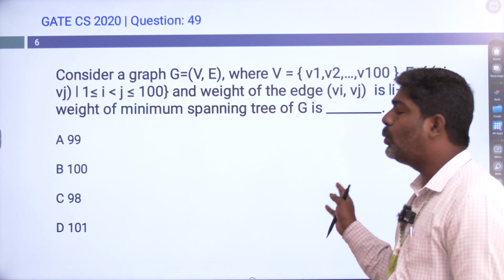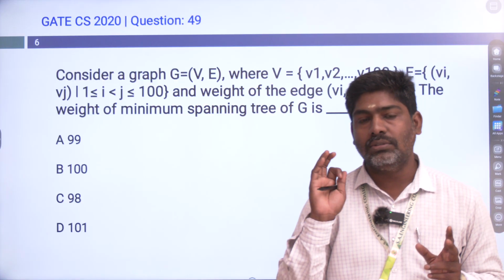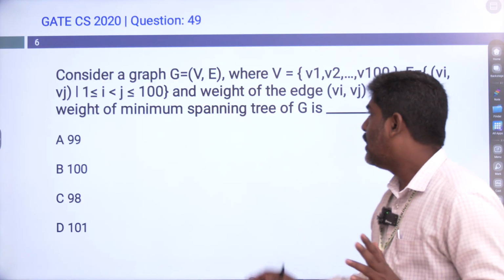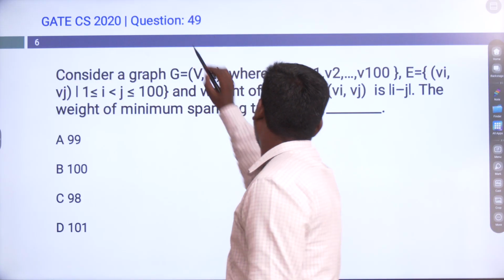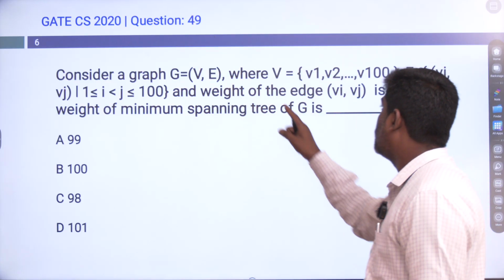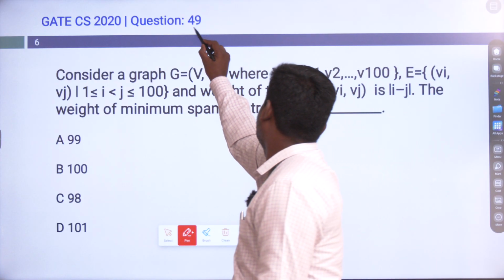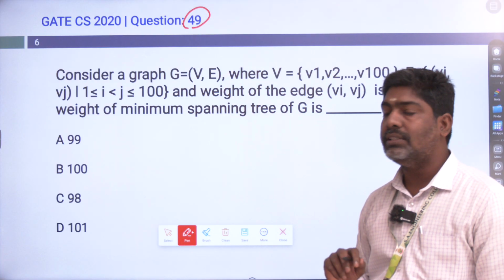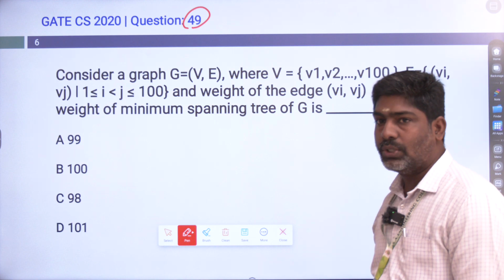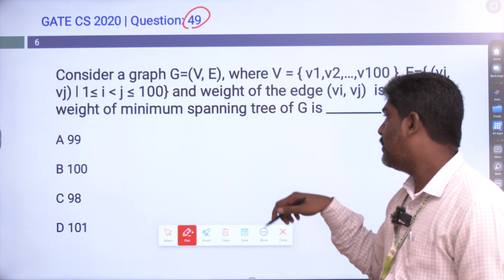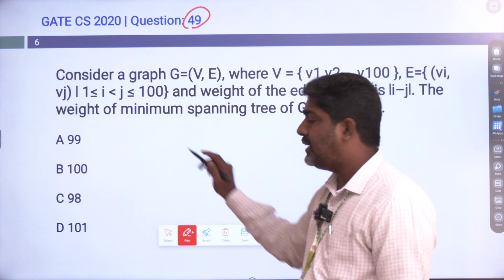Now let us go with the GATE questions. I have 3 questions here. The question number is 49, and the year is CS 2020. This is one of the questions. Okay, let us check. Consider a graph